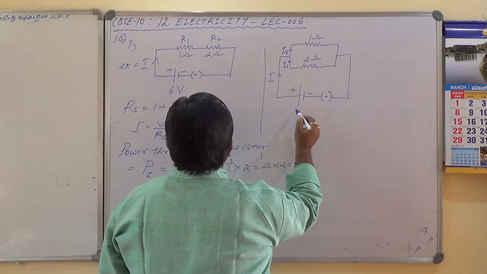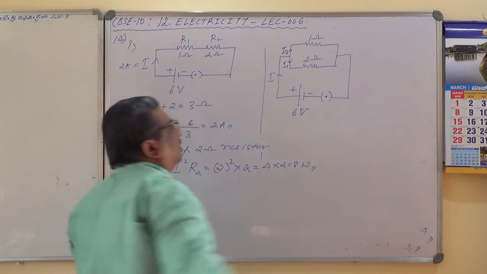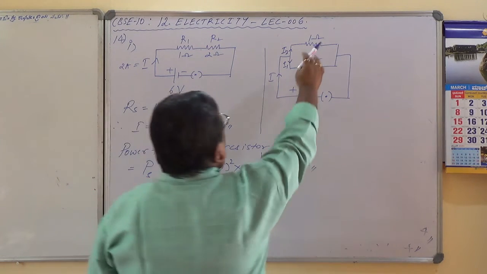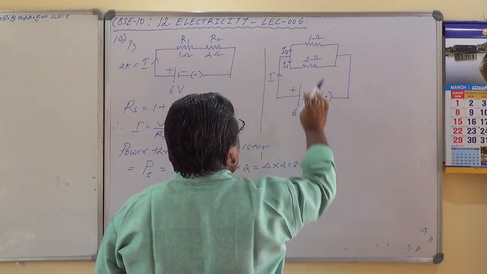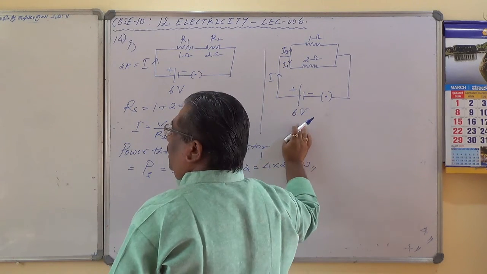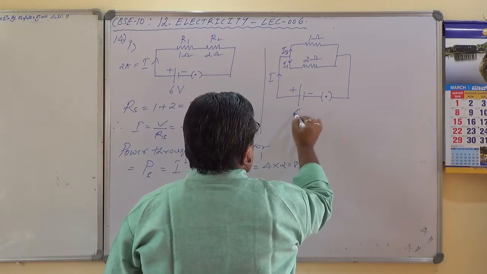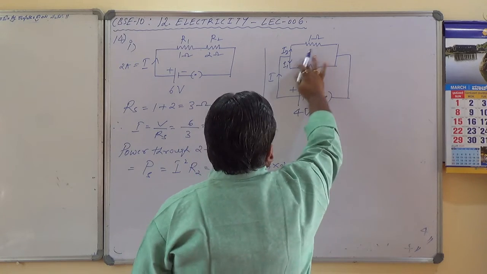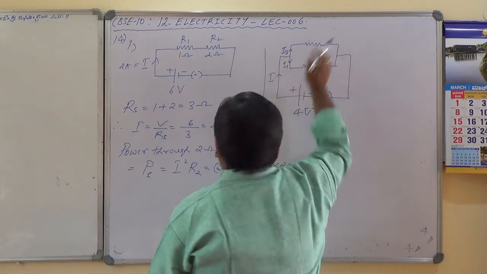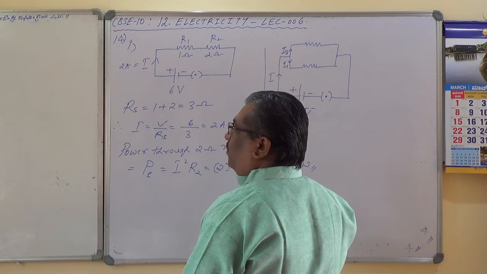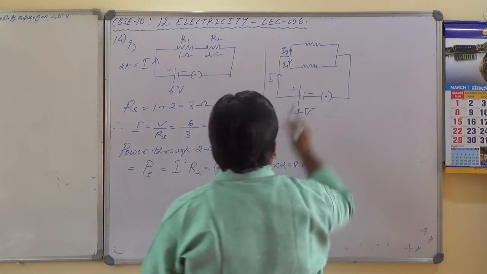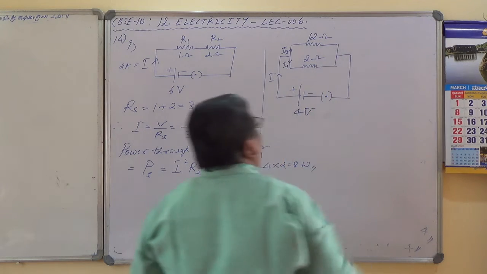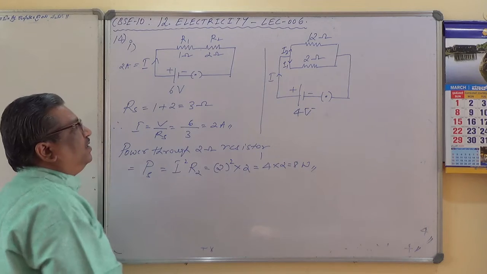What is the voltage here? 6 volt. Therefore, see, let me check up. 1 ohm, 2 ohm, I1, I2, and 6 volt battery is connected. 4 volt battery is connected. Just a moment. 4 volt battery is connected, and 12 ohm and 2 ohm. I think resistors have been changed here. 4 volt battery in parallel with 12 ohm and 2 ohm. Okay, fine, no problem. So these are the things here, which is case 2.